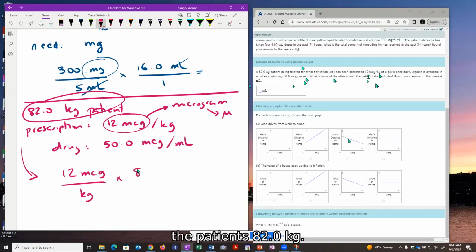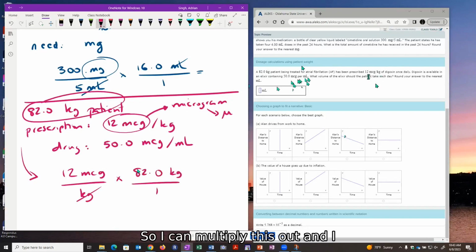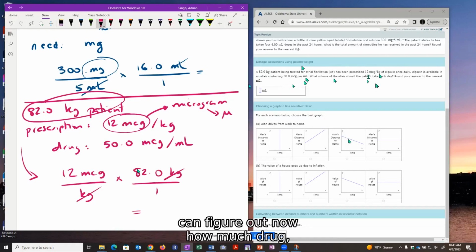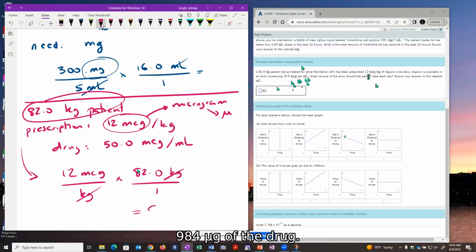The patient is 82.0 kilograms. Okay, so I can multiply this out and figure out how much actual drug the patient needs. So 82 times 12 would give 984 micrograms